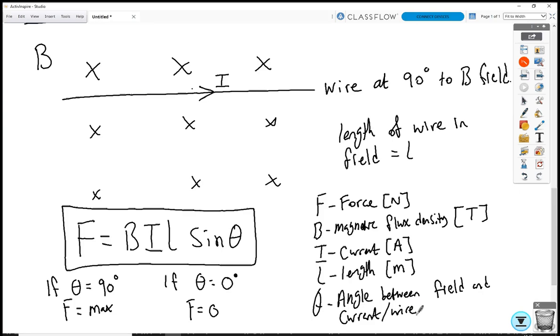So if the wire is going in the same direction as the arrow, there'll be no force. If the wire was in the same direction as the field, then there will be no force. So for example, if I drew another